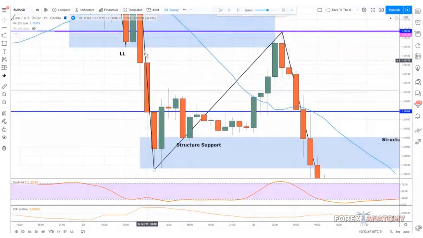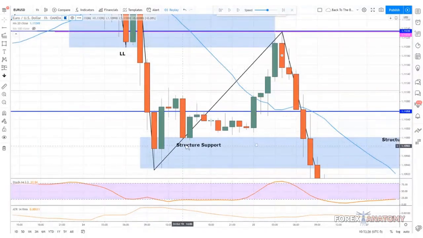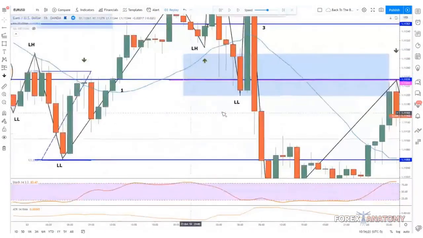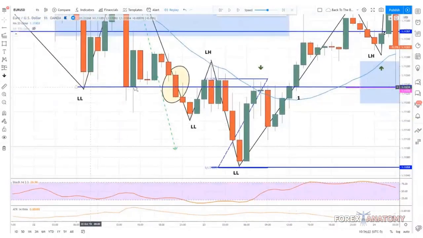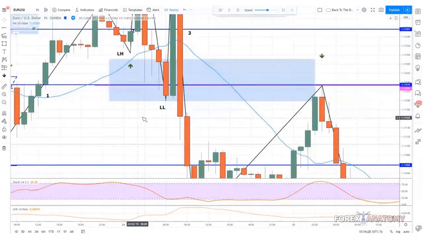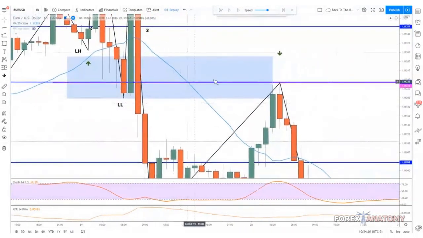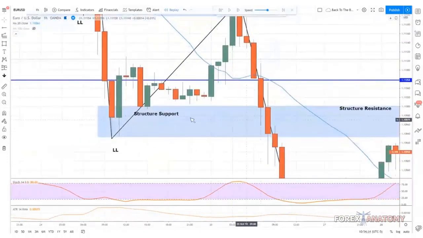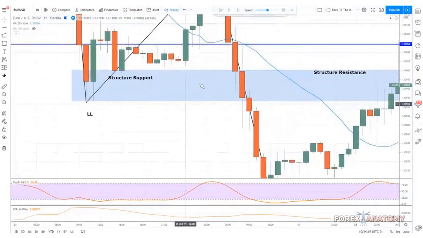So here, we saw price fall down to this level, and what happened? It bounced from this level. So we know that this is support in this area because price bounced from it. But then price pulled back into structure resistance. Look left, structure leaves clues. What was once support becomes resistance again. Right here, it was structure resistance. And then we saw price fail and it broke through this zone of structure support.